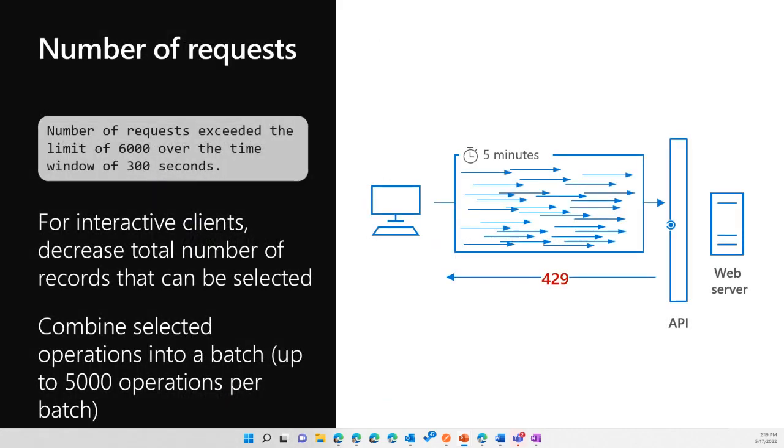So let's look at each of the requests in a little bit more detail. So the limit types. So the first one is number of requests, which is 6,000 over the time window of 300 seconds. And as we discussed, this one can be difficult to hit for a single user, but it's possible in those interactive clients. An example would be if your client allows you to